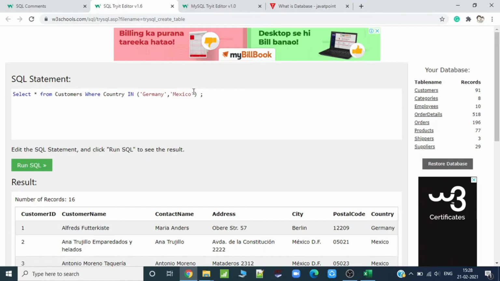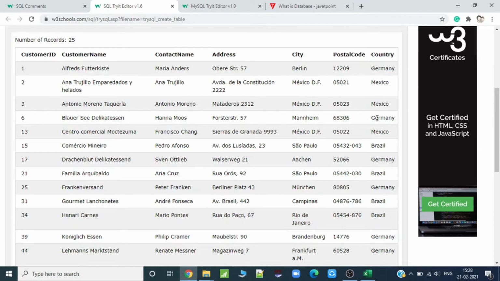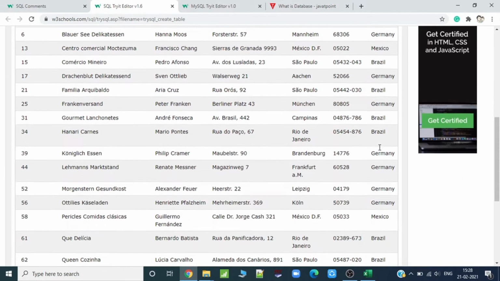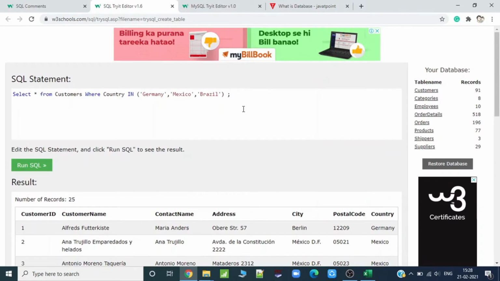If I want any other place, I can just put it here, like France or Brazil. Run SQL. You can see Germany, Mexico, Brazil. Hope you understood the IN command and also the OR and AND command.